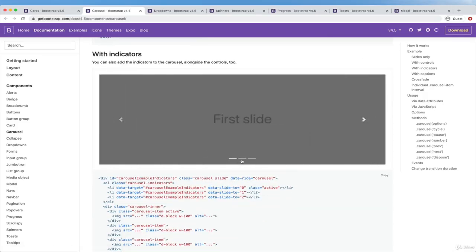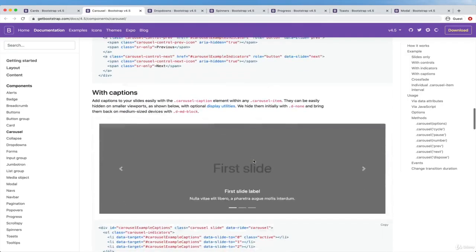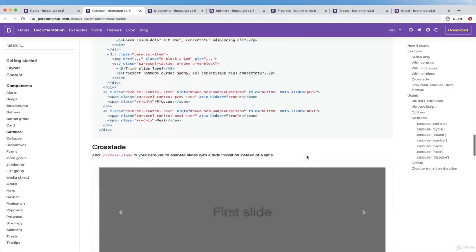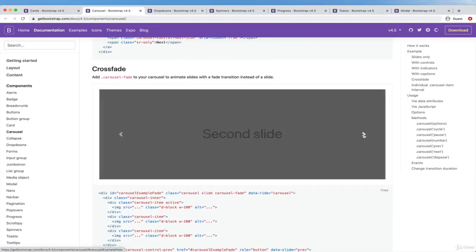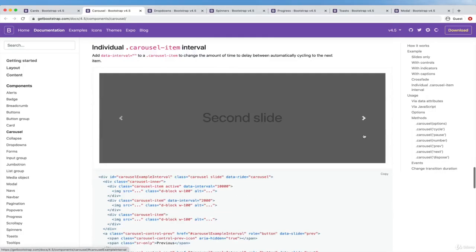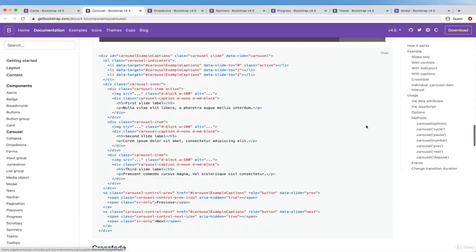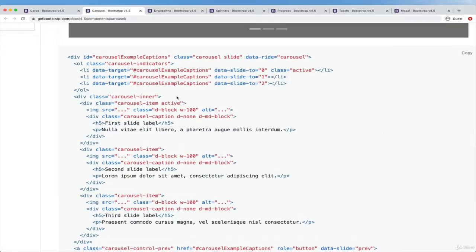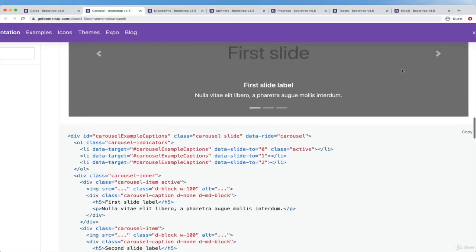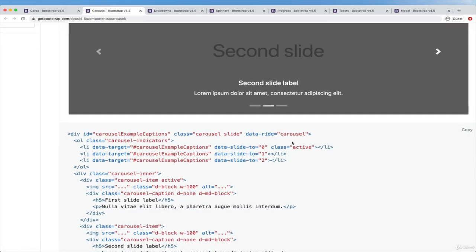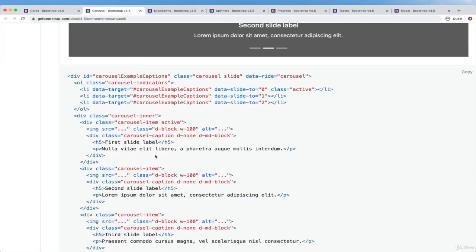You can show the controls and the indicators down at the bottom, or you can just have an automatic slider where everything's hidden and the user doesn't do anything. You can add fades versus a slide effect. So behind the scenes, this involves a lot of JavaScript, but the way that you make this work is by connecting your controls. So for example, this right arrow right there is created right